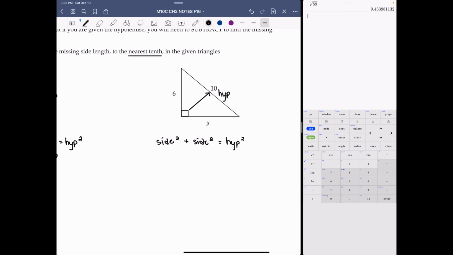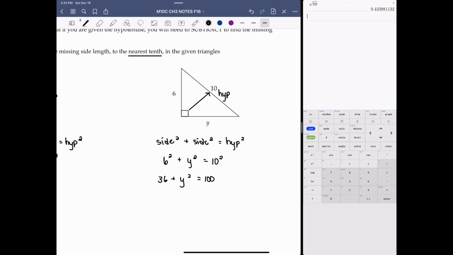We have one of the sides is 6 squared, plus the other side is called y squared equals the hypotenuse, which is 10 squared. 6 squared, 6 times 6 is 36, plus y squared equals 10 squared, 10 times 10